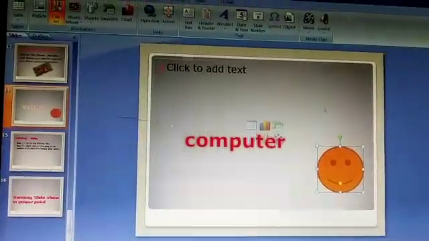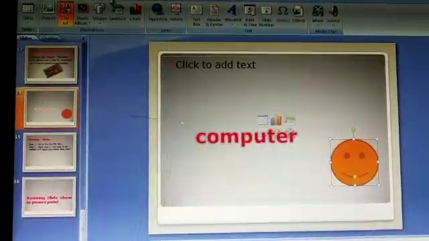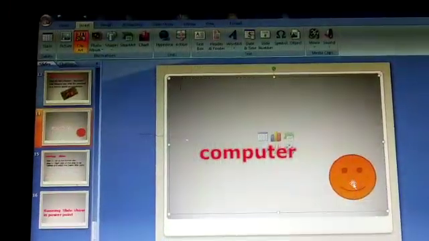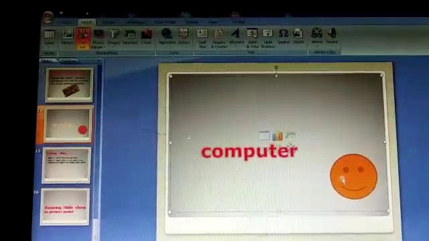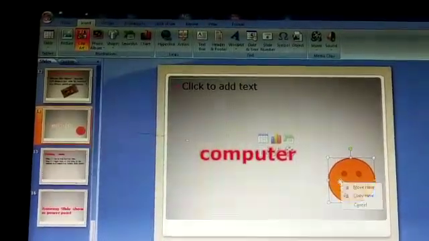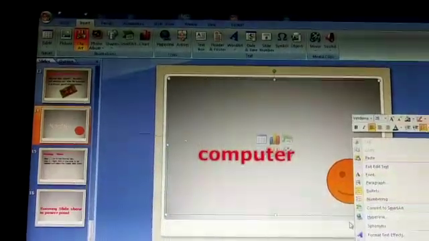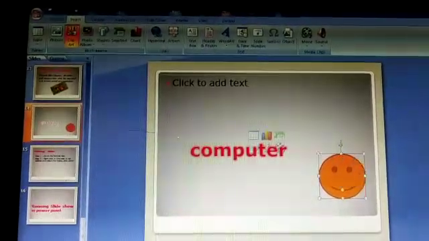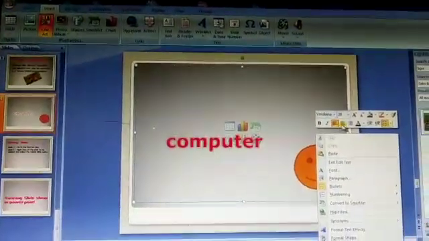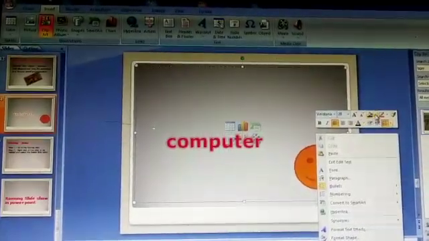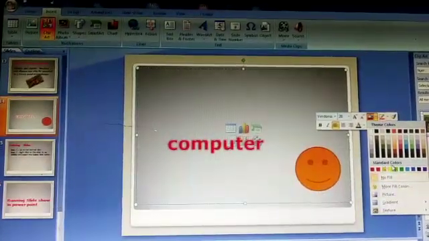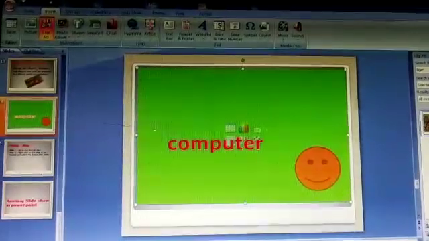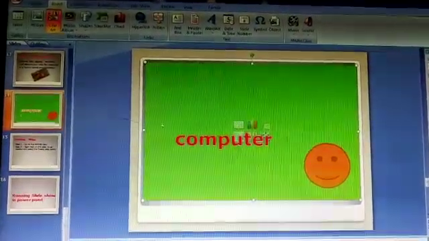If you want to change the color, then again right click on this shape. I have right clicked. You can see this box will come. Then choose a color from here. You can see here the color of the page is changed.